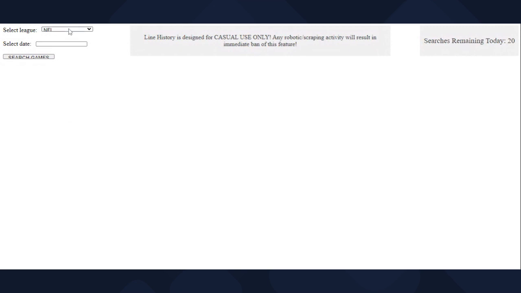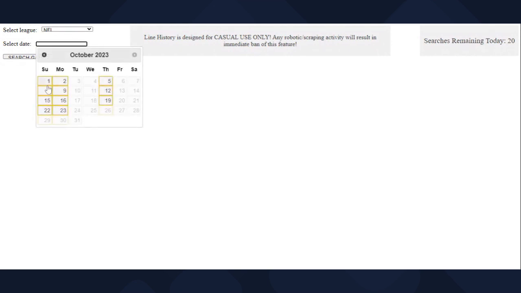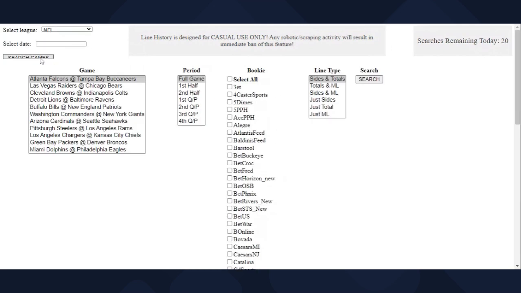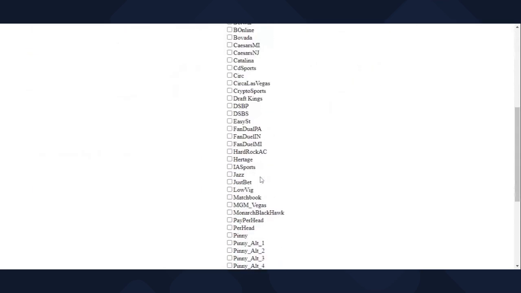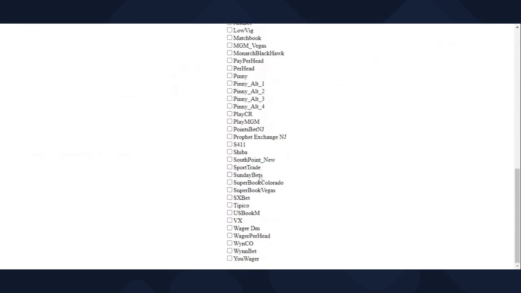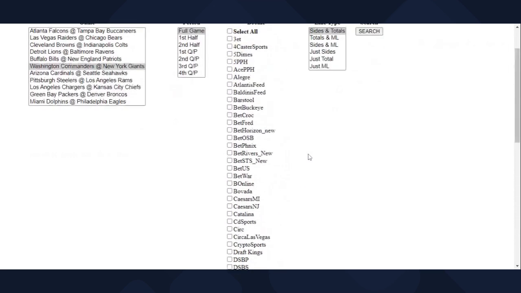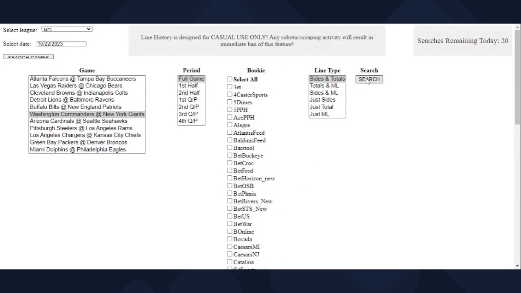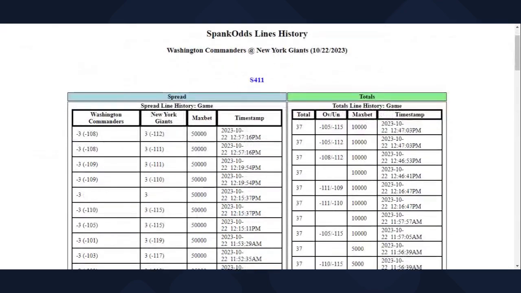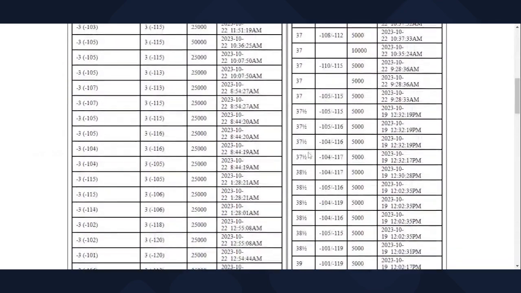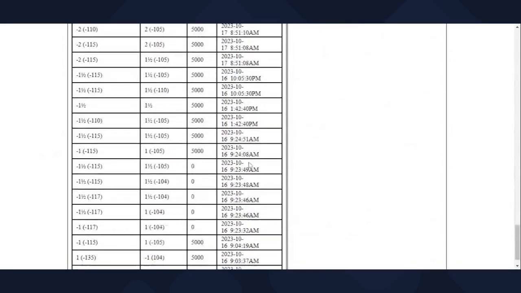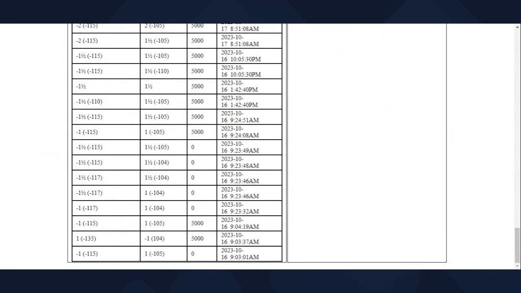Okay, so let's just say I'm choosing NFL, and I'm choosing, let's just say, last Sunday's game, search games. I'll be able to search all the games here, whichever game I want. Let's just say this Commanders Giants game, full game. Look at the bookies that you want to choose. You could choose select all, or you could just choose one bookie. Let's just say S411. I want to look at sides and totals, and I click search. This will then give me the line history, every line move, every limit change since the line was hung